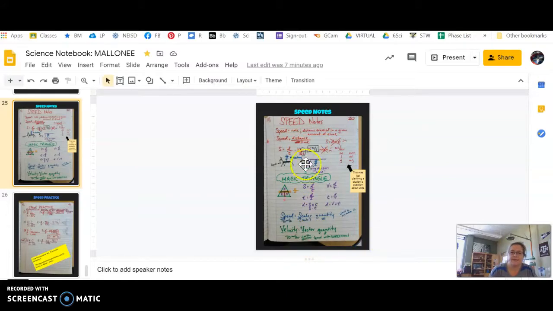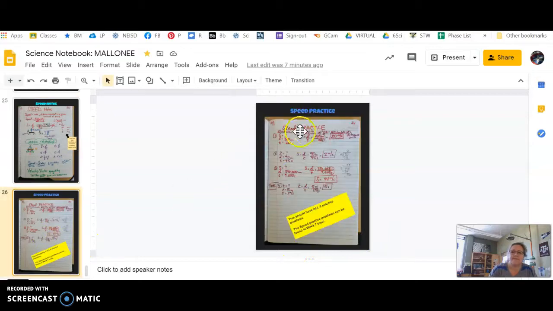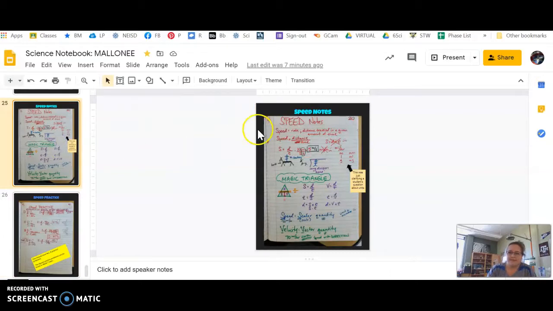Okay, so we set up a page for our notes and we set up a page for our practice. I'll show it to you in just a second, but if you have access to a working printer, I'm going to recommend that you print off the page with the problems, and then you can always just attach it here after we check it. Okay, but like I said, go ahead, pause, and record these notes in your science notebook. All right,